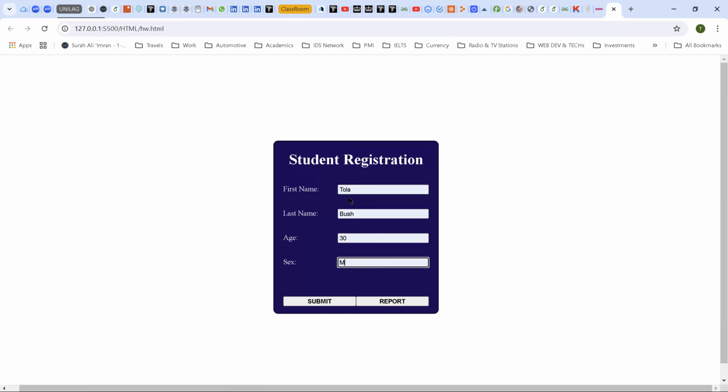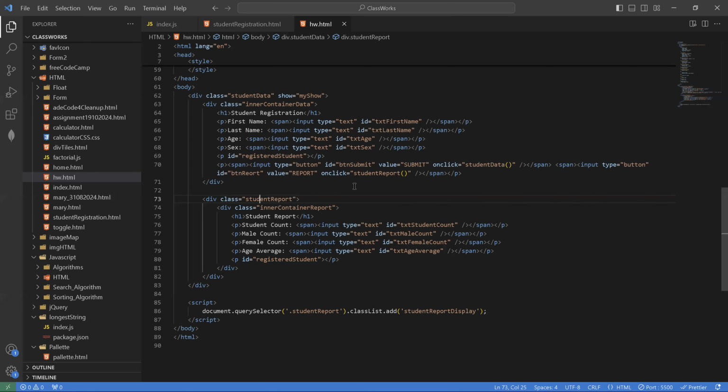Right? And once I've filled this form, I will want to click submit. If I click submit now, nothing is being done here. You will see no activity, because I have not added any form of event listener to this submit button, right? So what I will do now is that I will create